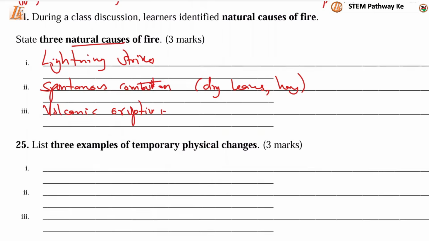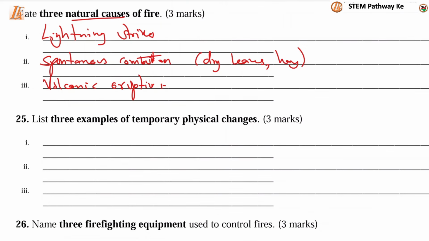Then question 25. List 3 examples of temporary physical changes. Temporary physical changes, these are changes which can be reversed. Now in this case also in temporary physical change, heat energy cannot be absorbed or released, and then the process is reversible. And some of the examples of temporary physical changes, in this case we have like melting